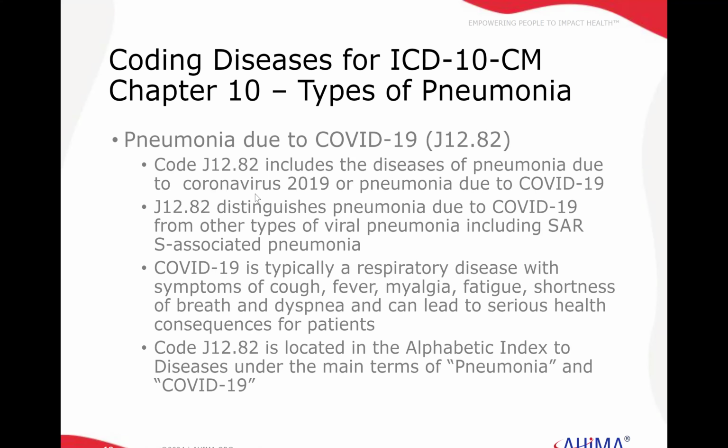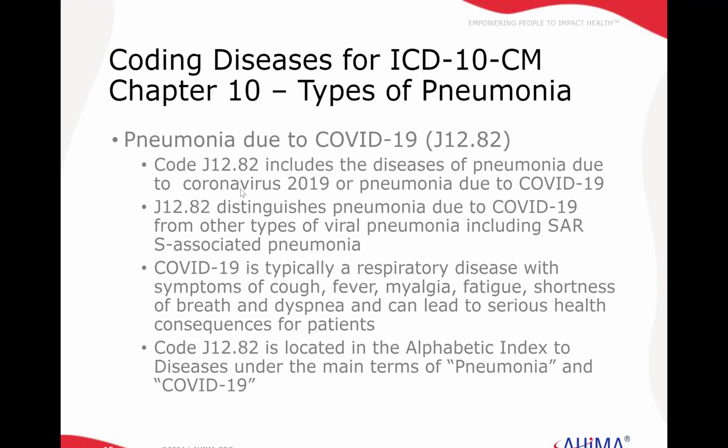With pneumonia due to COVID-19, and this is one reason we want to use current code books because this was not explicitly the same. Pneumonia due to COVID-19 is J12.82. This includes all the diseases of pneumonia that's due to the coronavirus. J12.82 distinguishes this pneumonia that's due to COVID from any other types of viral pneumonia, including